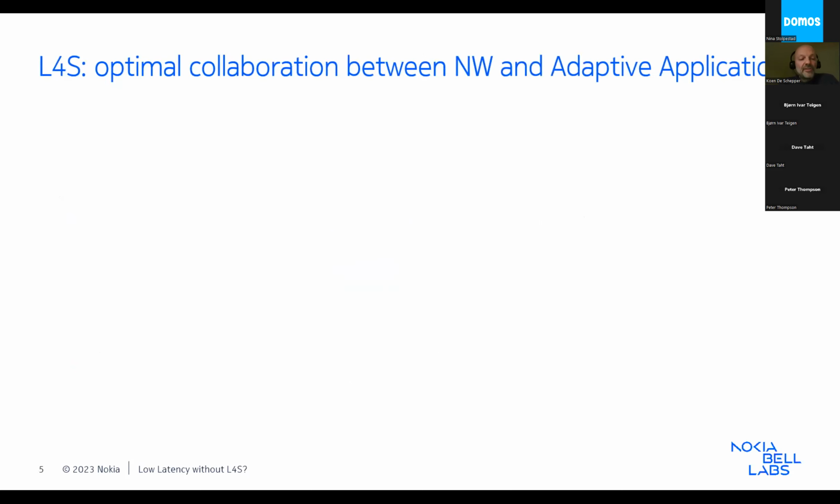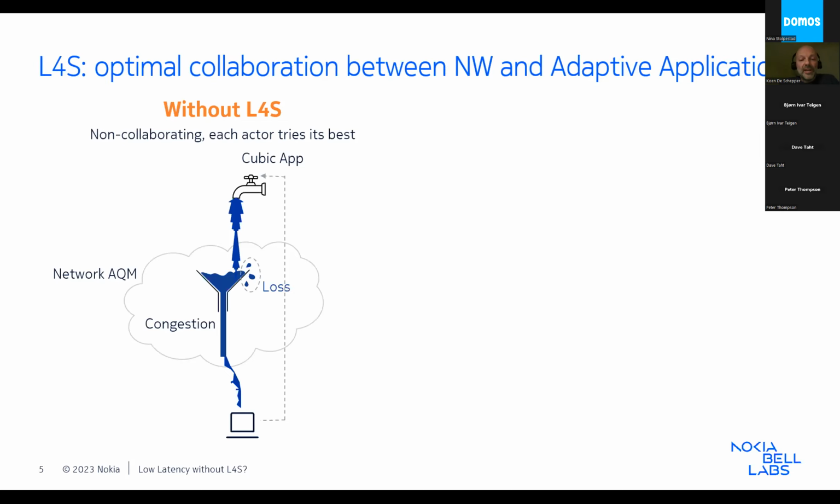Looking at L4S, it's a very dynamic, real-time, in-band collaboration between the network and applications. In the past, without L4S, or still today, actually, the collaboration on the internet was pretty limited and has grown kind of organically. Each end tried to improve latency from its own perspective without the help of the other actors. As a result, all mechanisms are based on implicit signals and often pretty advanced guesswork. So apps use, for instance, Cubic in this case, as you can see, that relies on the loss signal and can't keep latency low if the network has buffers.